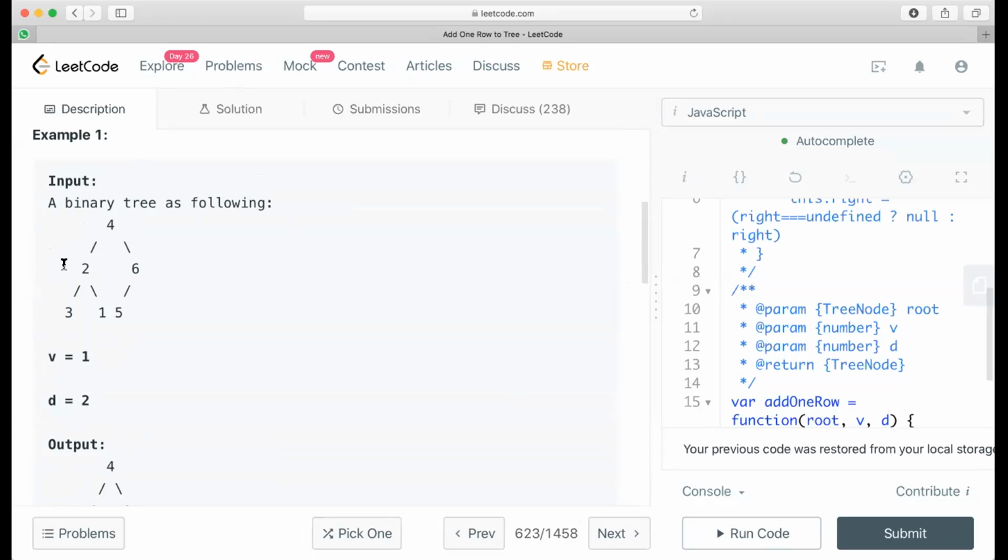If the depth is say 2, then the left subtree will go down, and the new node will come up here, and the right subtree will go to the right, and the new node will come here. So when I am recursing down, at every step I keep track of which way I came. Did I come from the left or from the right? And accordingly, I just fiddle around.